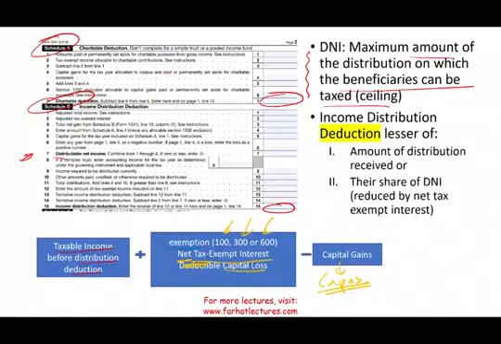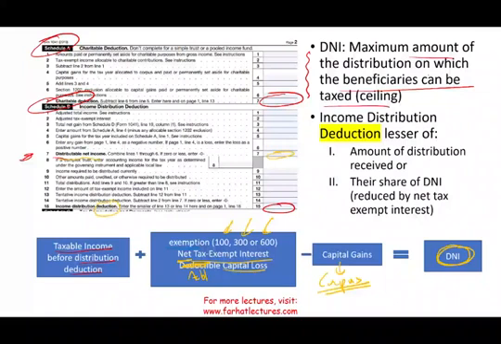But this is add. If there's any capital losses, we add, and we'll deduct capital gains. And this is how we come up with DNI. So start with taxable income before the distribution and go through this. Now, once we have DNI, once we have this number here, DNI line 7, now we need to compute income